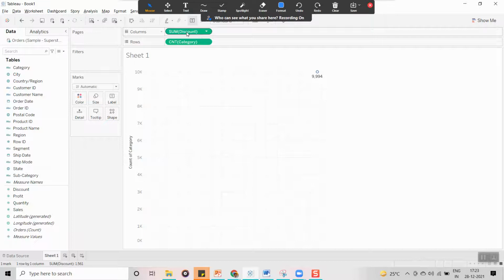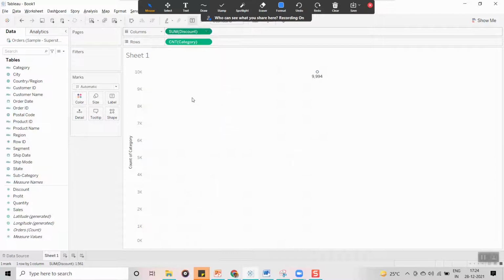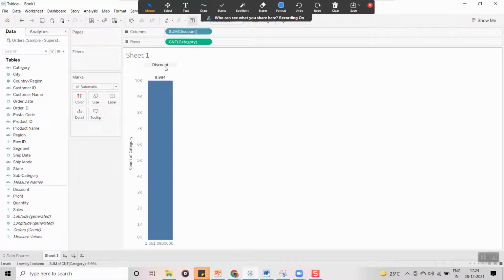So now I am clicking here and you can see by default it is selected as continuous. I am going to select discrete. Now you can see it generated a header, and the header name is called discount.